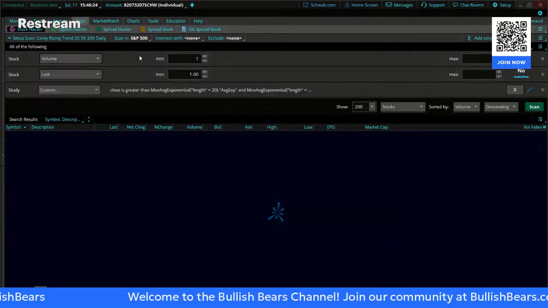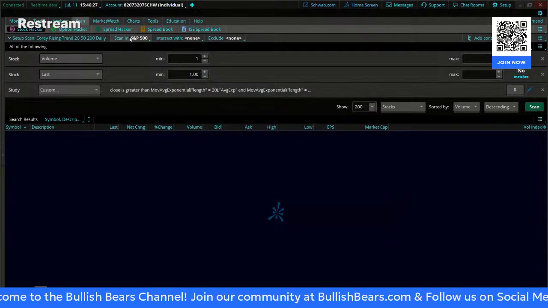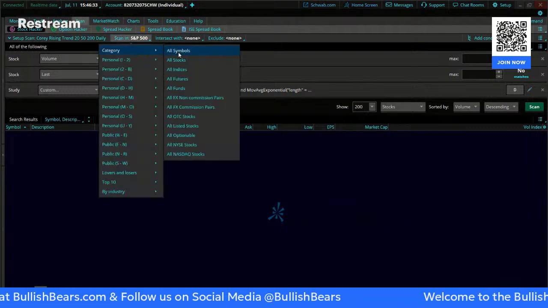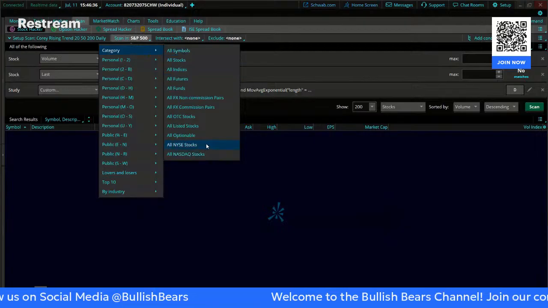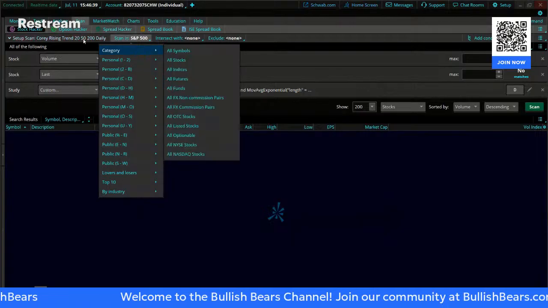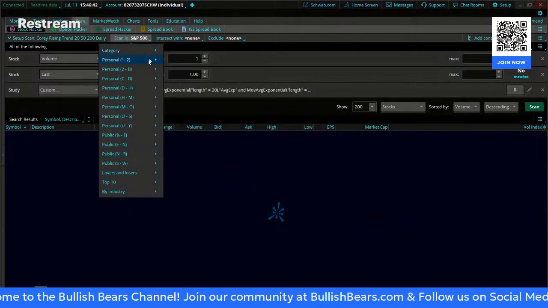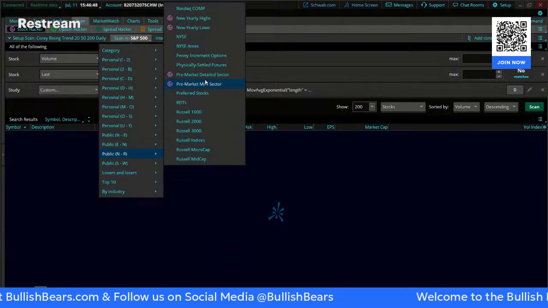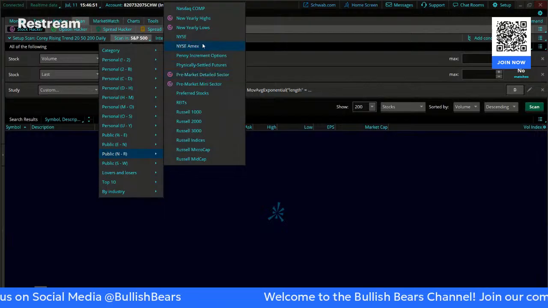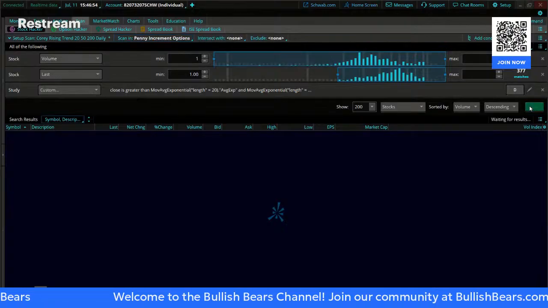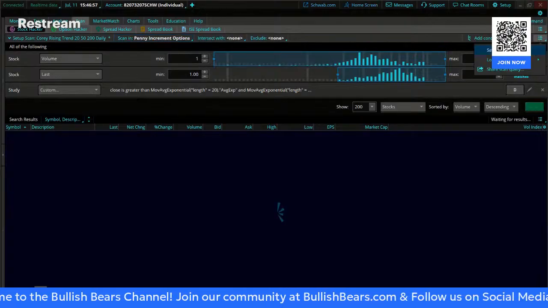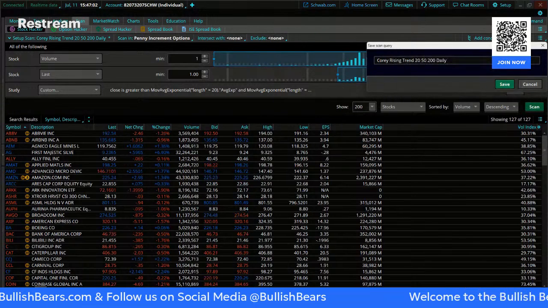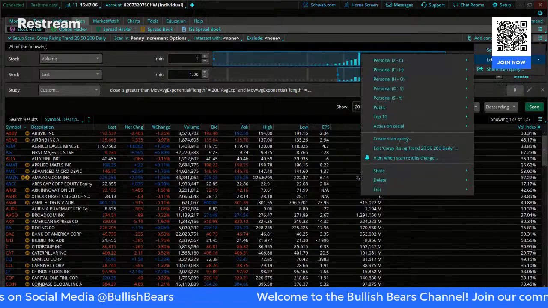So I intersected the first scan with this scan, and by the way, it's limited to the S&P 500. We could eliminate that and just scan for all stocks, or we could point it towards the Nasdaq or the NYSE, which one of those we want, right? I'm going to point his scan towards penny increment options just so that we don't limit it to only S&P 500 type things. And I'm going to save it, which should update the other scan. Now that I've saved it, I'll share that one with you.